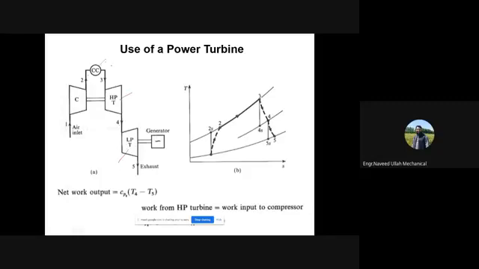But we are using a single combustion chamber. So yes, the work produced by this high pressure turbine is your H3 minus H4, right? And that is utilized by the compressor. Here the enthalpy available to low pressure turbine is what? Is this is your H4. So H4 minus H5, okay? This will be the work produced by the low pressure turbine. Now, if you want to increase this work, your power requirement,